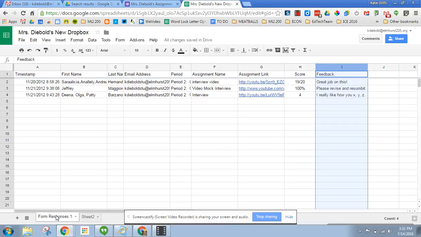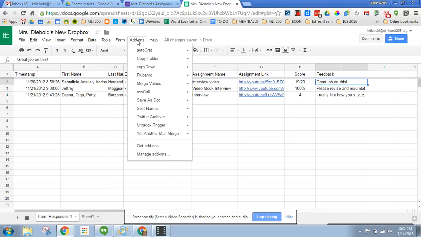So back to my original rubric here that my students submitted through the assignment Dropbox. Notice I've given each of these responses a score, and I've given just a little bit of feedback here. Obviously, if you were doing this, you would probably give them a little bit more in-depth feedback, but this is just for demonstration today. So I'm going to go over to the add-ons menu, and then I'm going to go